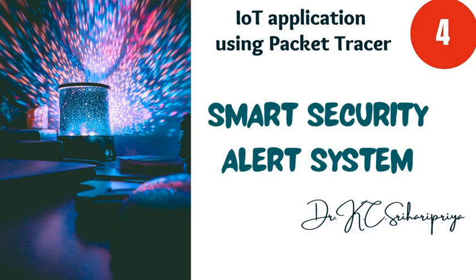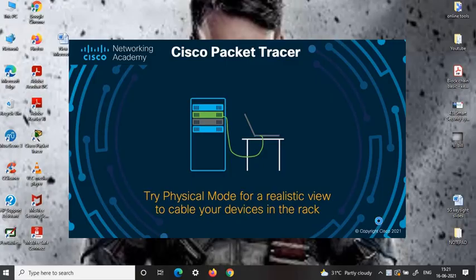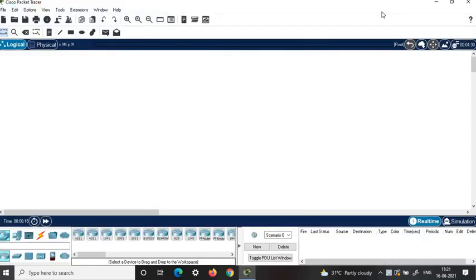Hi everyone, here we'll try to construct a simple and smart security alert system using Packet Tracer. For that, click on Cisco Packet Tracer and log in as usual. Here is the workspace. First we'll choose the components needed to construct the smart security system or the theft alert